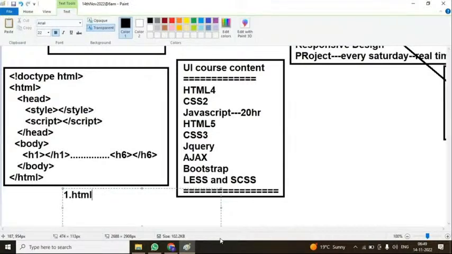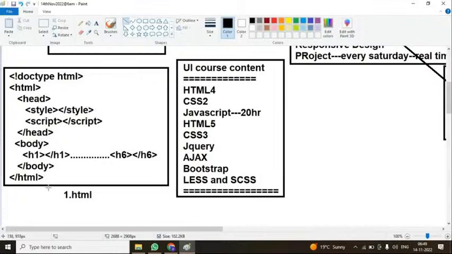If I write 1.html, I can easily develop it for my application. This 1.html is used to create our application, and it is always used to write our HTML coding, the HTML standard coding. Inside this HTML page only, we are going to add CSS code and JavaScript code. So in tomorrow's session, I'll explain how to write HTML